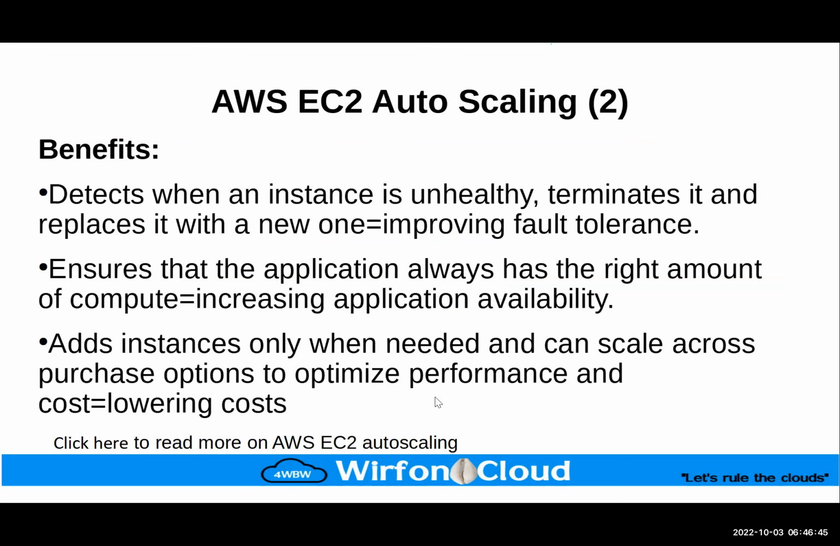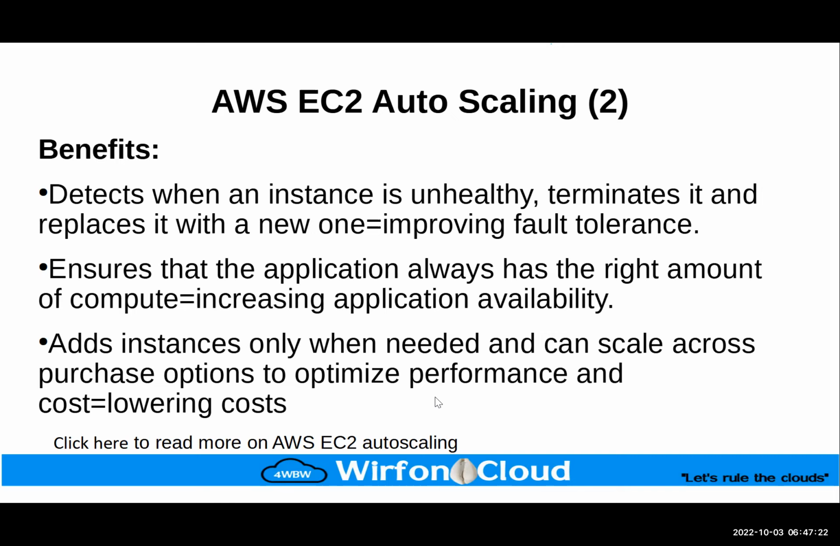So it detects, when the benefits of using Auto Scaling: it detects when an instance is unhealthy, it terminates it and replaces it with a new one. I mentioned that you need at least a minimum of 1 EC2 to be running, and you desire to have 2 that are running. But if the demand goes up, you have a maximum that you allocate, and then it spikes. And so it ensures that your application always has the right amount of compute, so increasing your application